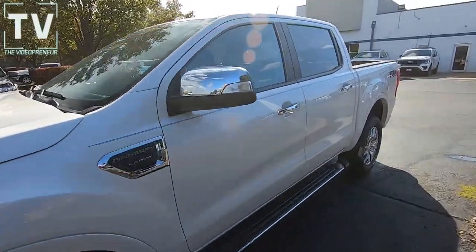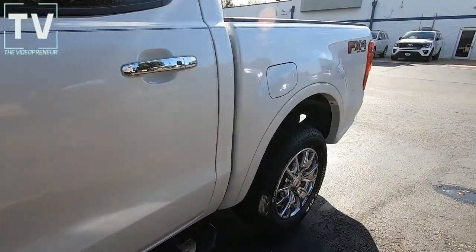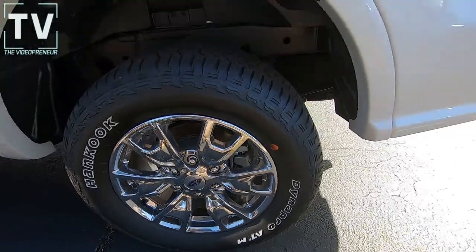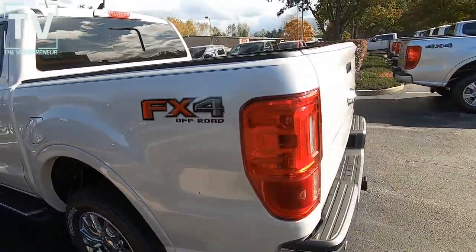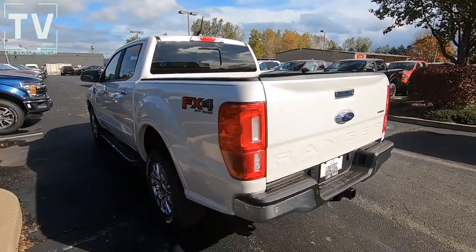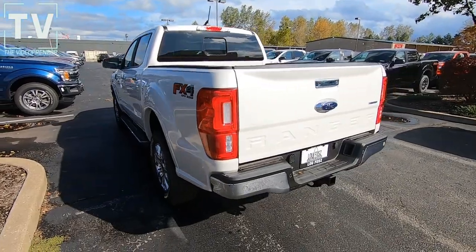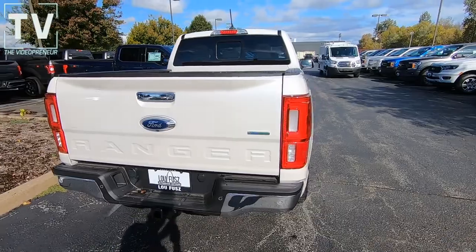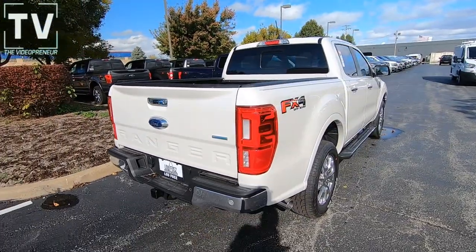So let's take a look at the 2019 Ford Ranger Supercrew 4x4 Lariat, featured here in white platinum tri-coat with medium stone leather seats. It's offered by Lou Fusz Ford in St. Louis. As we move around to the rear of the vehicle, we see the LED tail lights. We can also see the